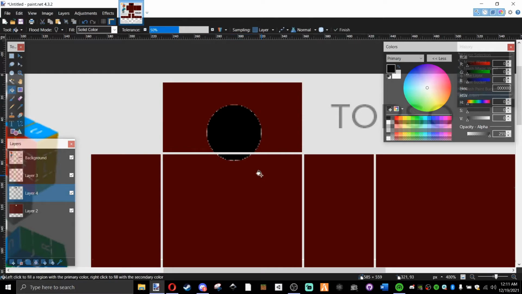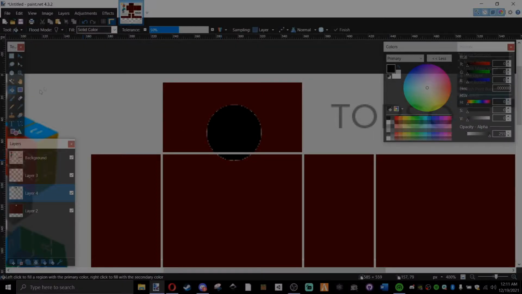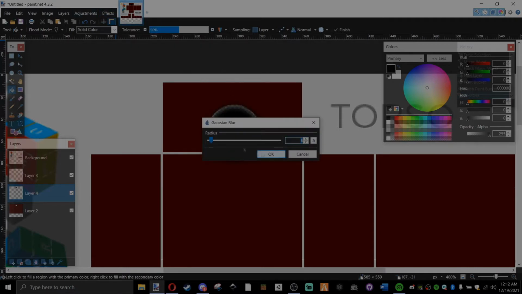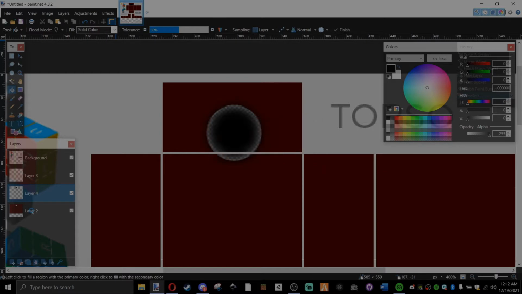Alright, so what I'm doing right now in this section of the video, I'm just adding a black circle to the middle and then making a shadow. It's really not important, and I'm just going to speed through it really quickly so you guys don't gotta sit through that, because it ends up really not mattering in the long run. So anyways,